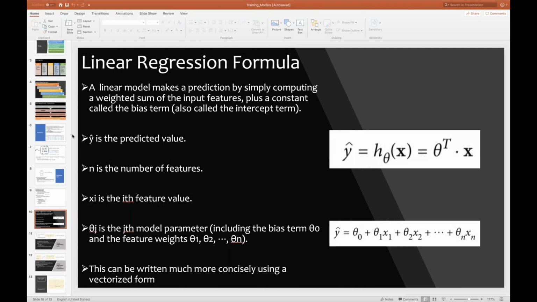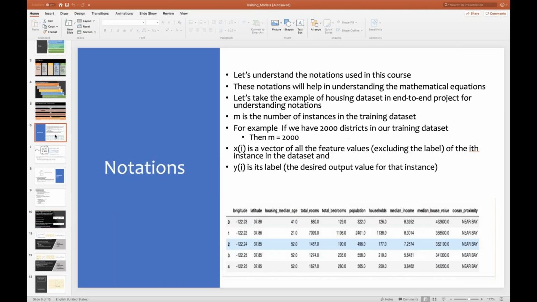Okay, so first let's understand the notations in this course, in this module. These notations will help you in understanding the mathematical equations. Perfect. Let's take the example of the housing dataset end-to-end project to understand the notations. Yes, we did this project successfully, and we also did a revision for this one. So we must be in a fairly good position to understand each and every bit. Now,